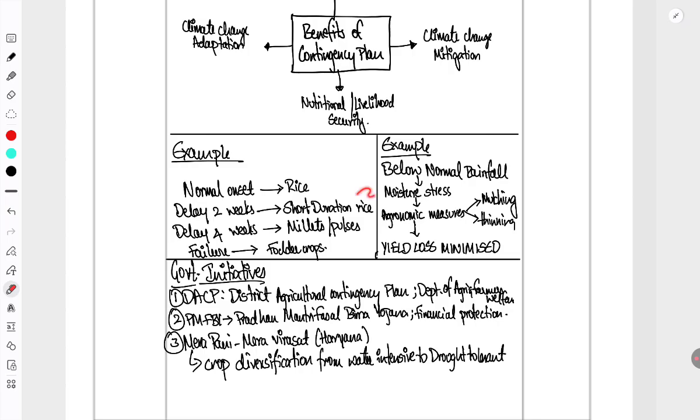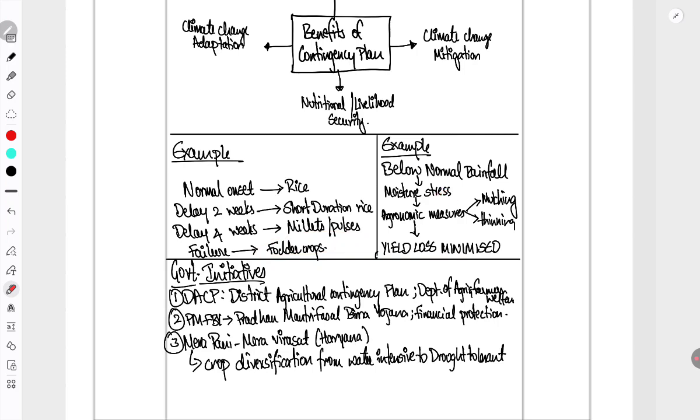Like I generally prefer writing such kind of examples. Like when there is a normal onset of the monsoon, we can go with rice. If there is a delay by 2 weeks, we can use short duration rice. If it is delayed by 4 weeks or a month, we can use millet pulses. Or if the rainfall fails abruptly, we can use fodder crops which are less water intensive, right? And similarly,